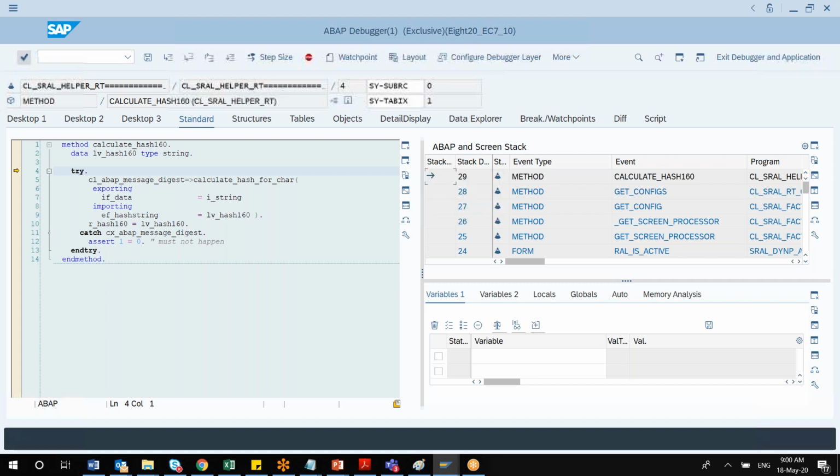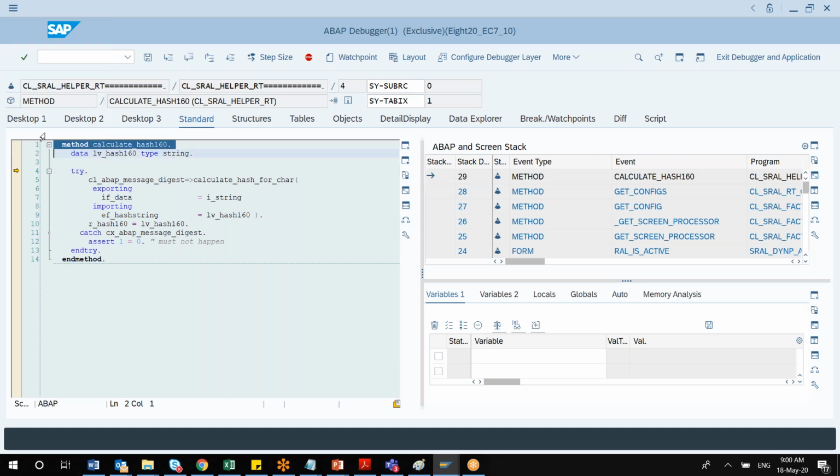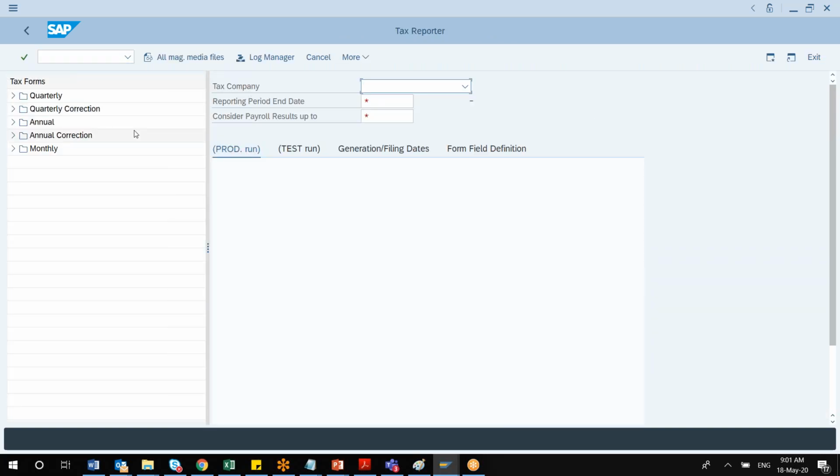This is actually to take you to the screen. Okay, so let me go back. Otherwise, let me go to PU19 directly. Okay. So this is one of the ways you can run the different monthly runs.